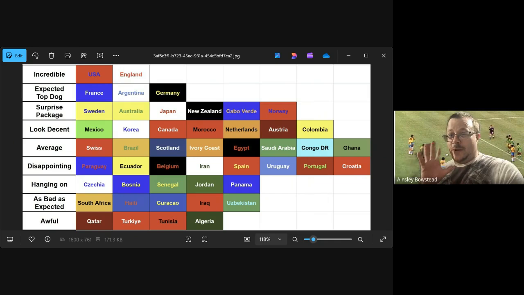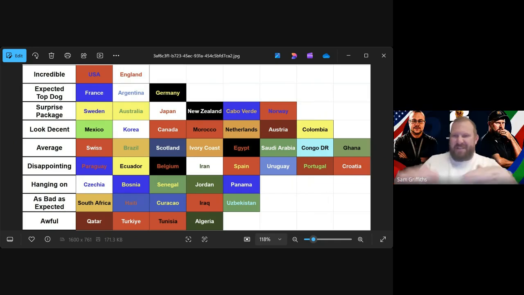In which case, let's go to the top of the tree then, because we've spoken about the teams that are terrible. I kind of wanted to work my way up, but we can talk about the top because we were talking about Croatia. Let's talk about England. I have put England as incredible because I didn't expect them. Yes. Nice. I didn't expect England to excite me as much as they did.